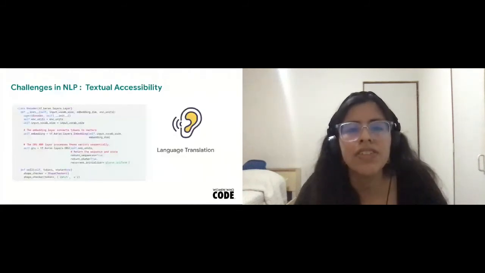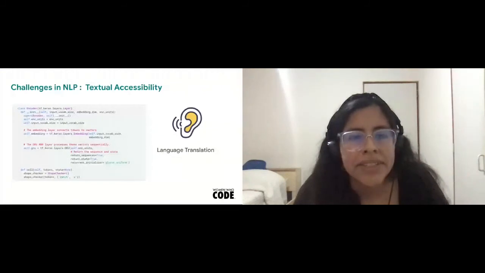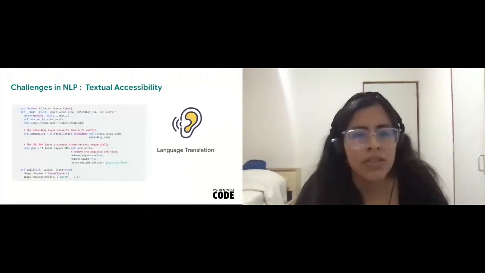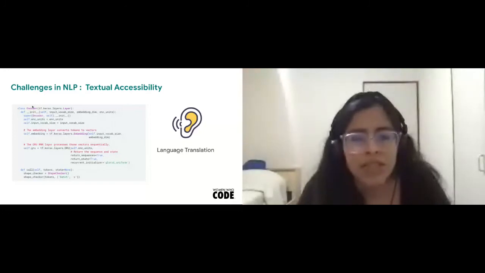So for textual accessibility, that is some example using an encoder decoder with Tensorflow Keras. And in this example I use embedding too, like the example of the text.